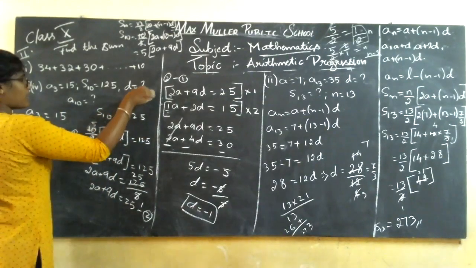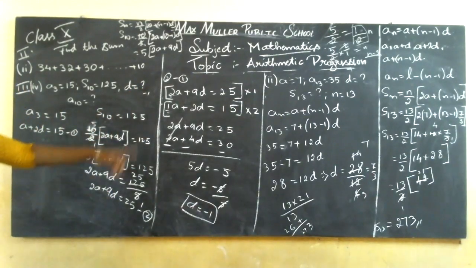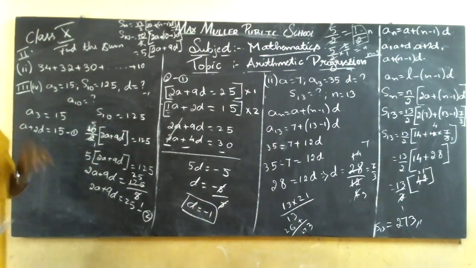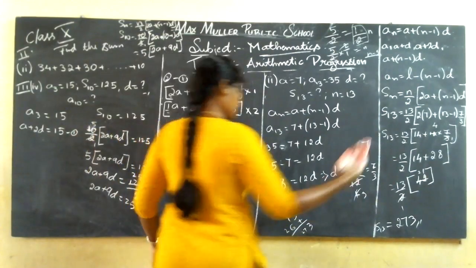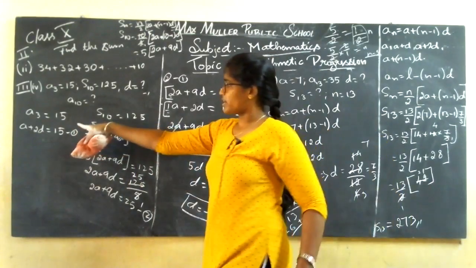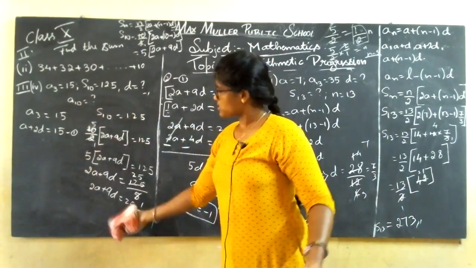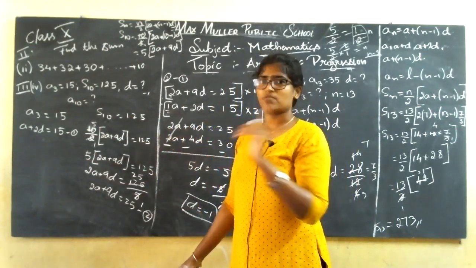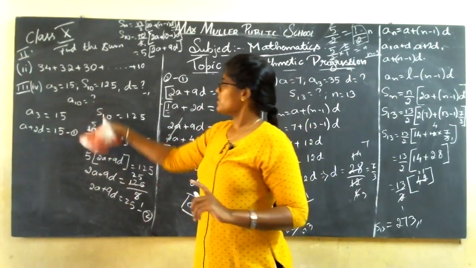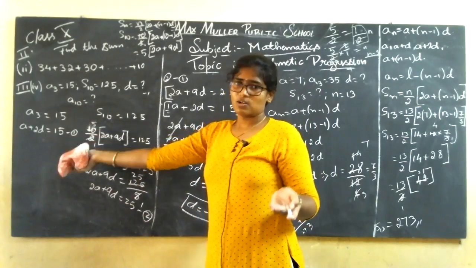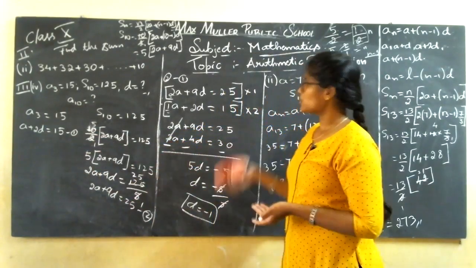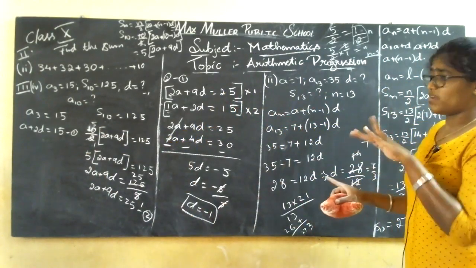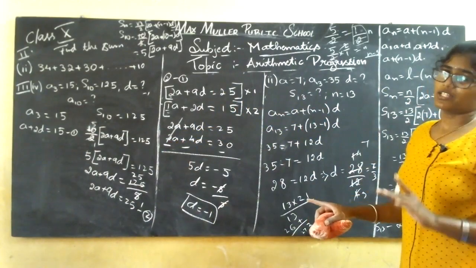Now you got d value as minus 1. Correct? Substitute in any one of the equations, either 1 or 2, to get the a value, then find the a10. Simple sum. Very simple it is. If they give a or s, this is the method you are going to do. Initially, they were giving a10 is equal to this much, a5 is equal to this much. Find a and d. Correct? Now they have given s10 is equal to this much, s3 is equal to this much. Now we are going to find a and d. Simple. Only thing is you need to use the formulas. Where to use the formula and how to do the calculation is very important.